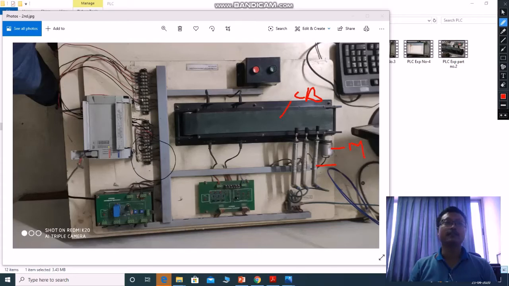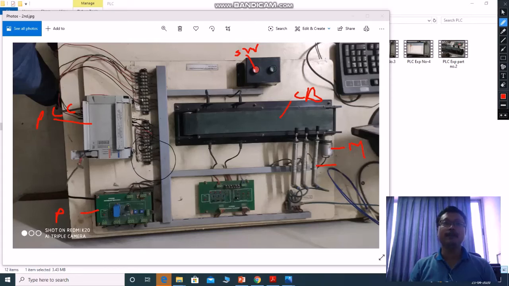This is the PLC unit, this is the power source, and here are the switches. This is the top view of this industrial plant.